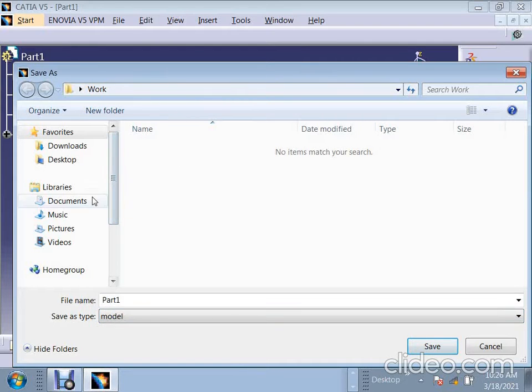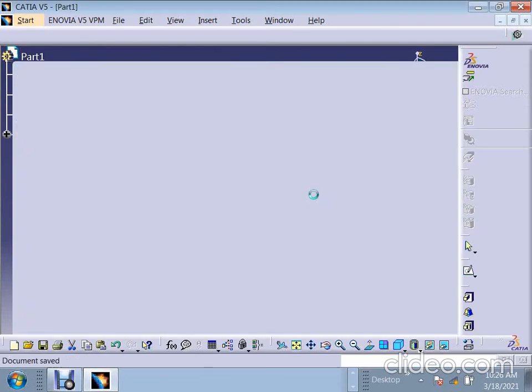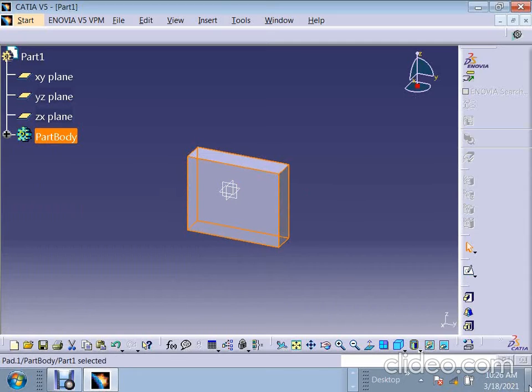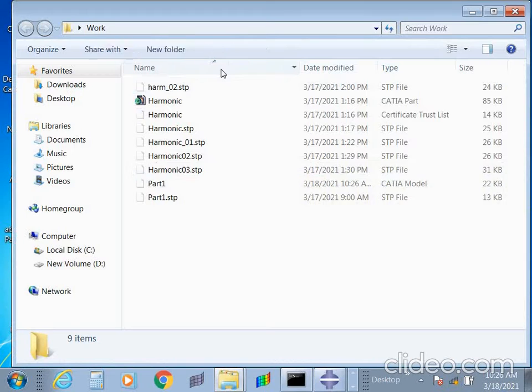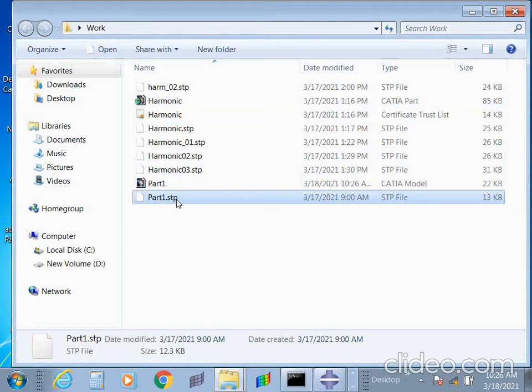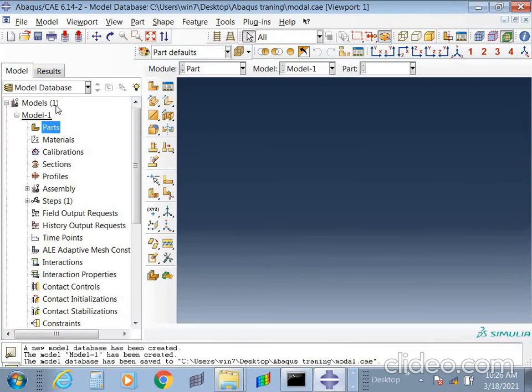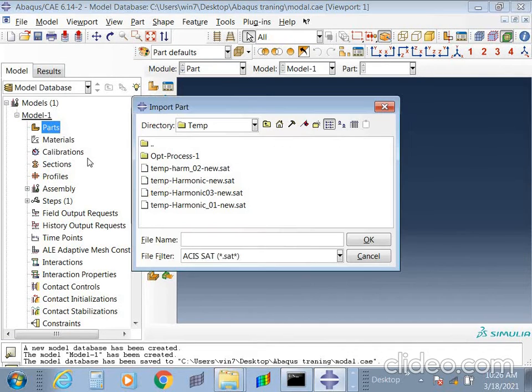So for example, this CAD part 1. You can see that this has only part 1 .stp. It doesn't have any software requirement, it has only the .stp file. Now that stp file I can directly import here.